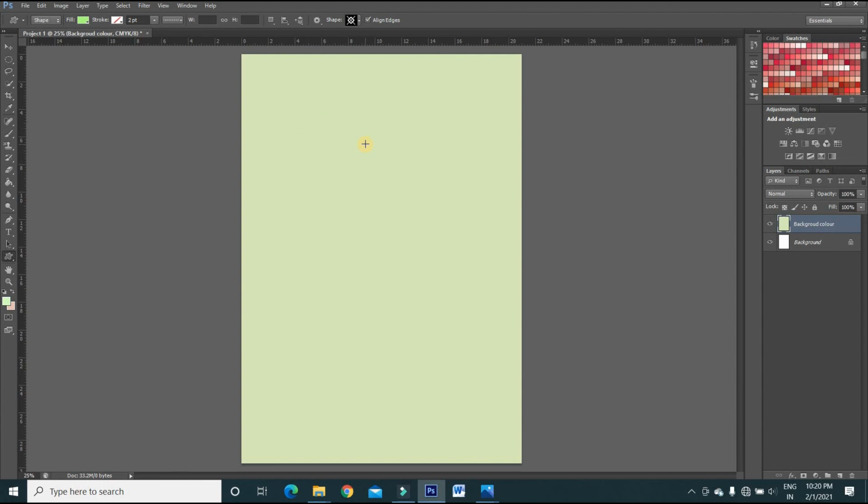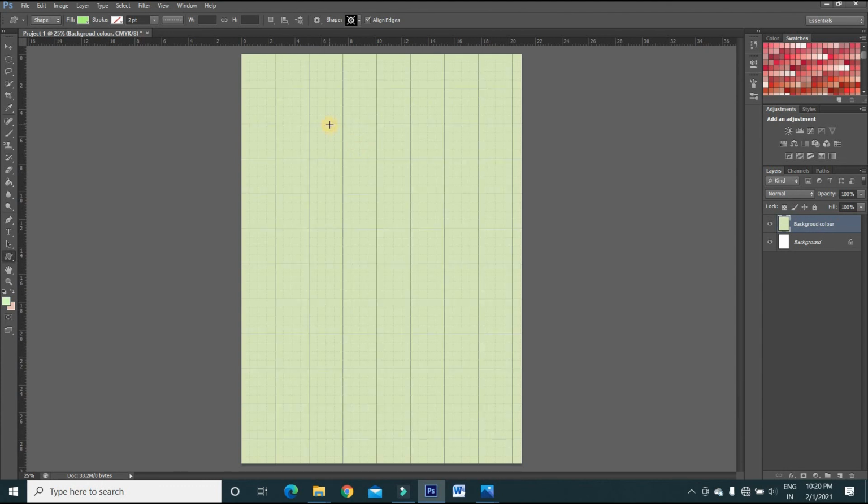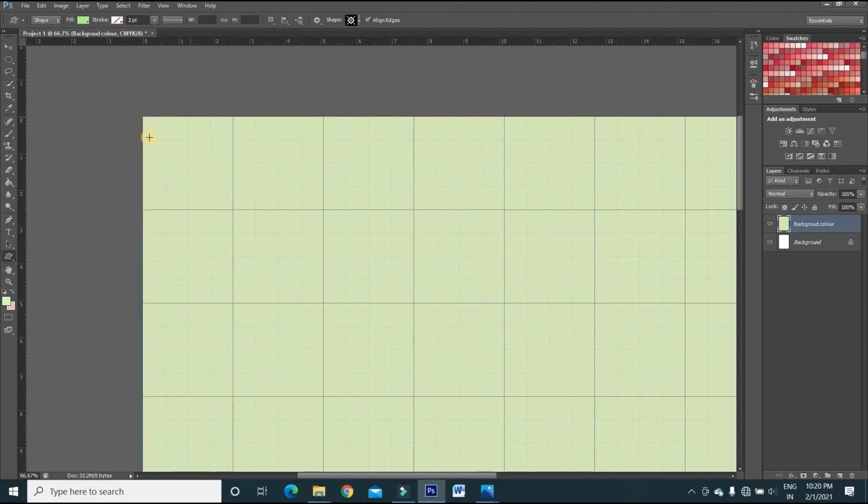And now I'm going to turn on the grid guideline, Control and apostrophe. To zoom in the workspace, press Ctrl plus, and now I'm going to start from this box. Now again, if you want to have the shape in perfect shape, then just press and hold the shift key and then just create the shape. Just release the buttons and your shape will be created.